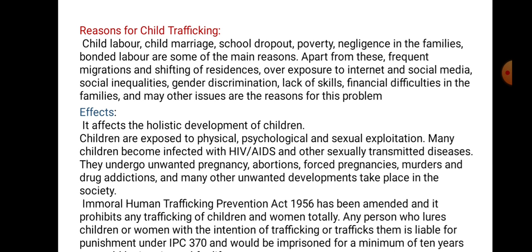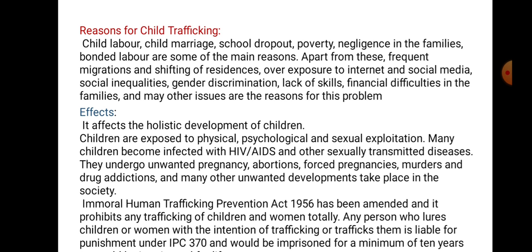Now, because of child trafficking, what are its effects? Its effects are also far-reaching. The holistic development of children will be affected due to child trafficking. Children are exposed to physical, psychological and sexual exploitation. Many children become infected with dreadful diseases like HIV, AIDS, and other sexually transmitted diseases may also occur to the children. They undergo unwanted pregnancy, abortions, forced pregnancies, murders and drug addictions, and many other unwanted developments also take